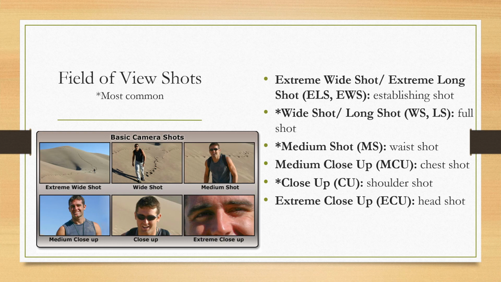Next is a wide shot. So we're coming in a little bit, right? You can see here in this example, the man coming closer to the camera. So we started out wide. We know he's in a desert. It's more about the environment. Next up, now we see him. Now we see who our subject matter is. So this is a wide shot or a long shot.